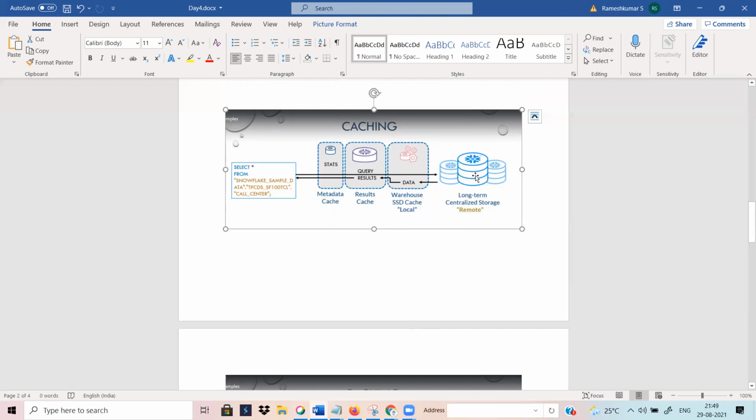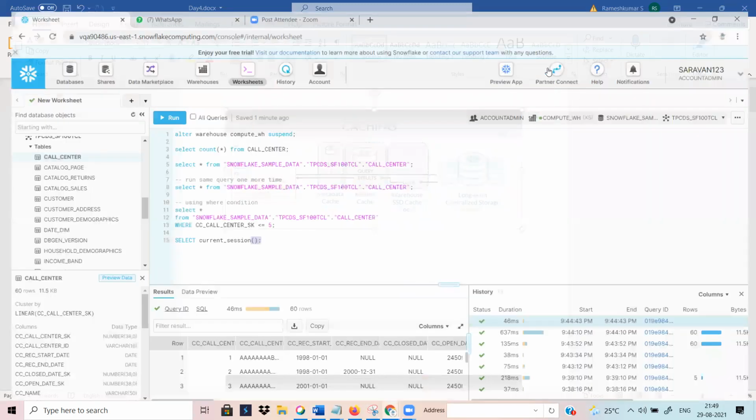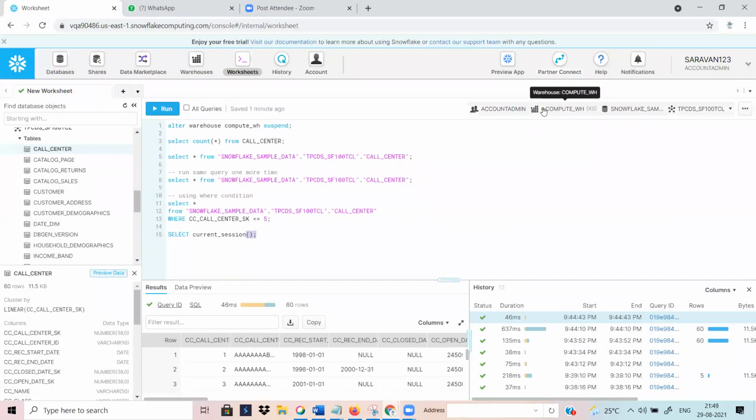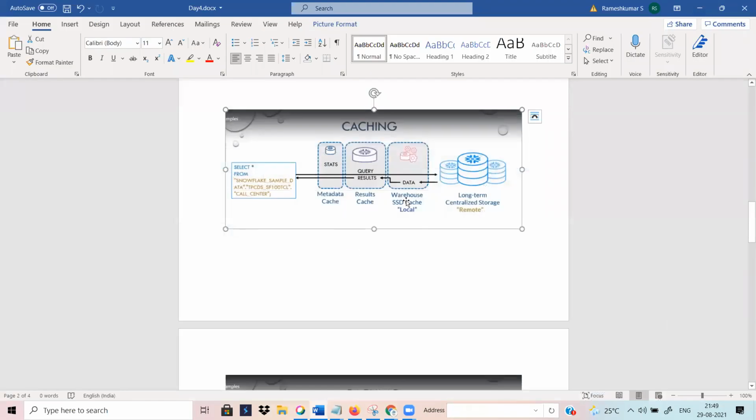Then one copy of the data will be moved into the warehouse SSD cache, local. What is the lifetime for this? This is your warehouse. It is up only as long as this warehouse is in its lifetime.